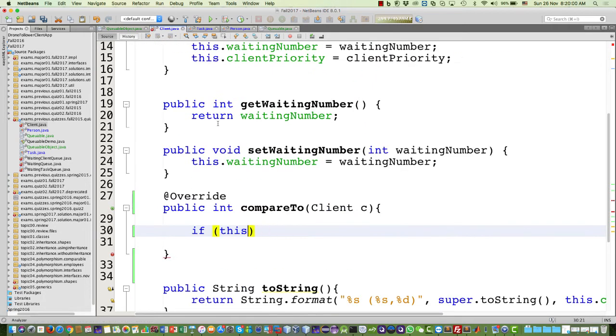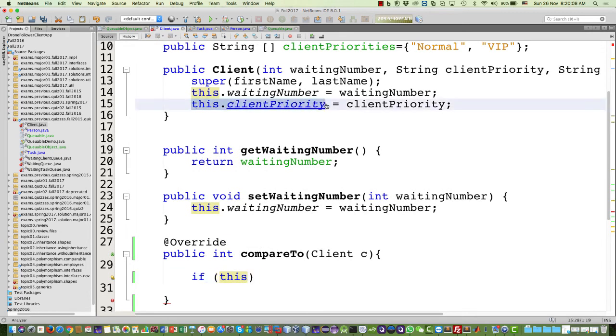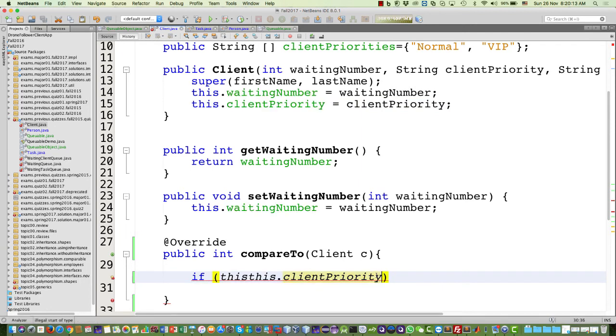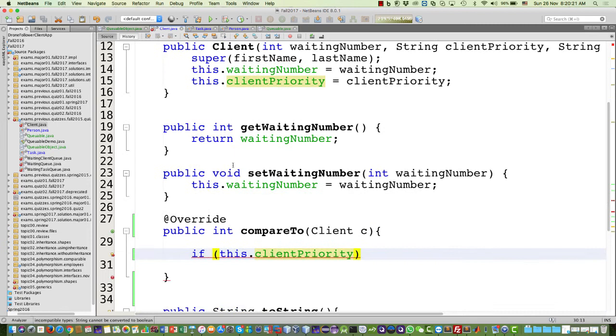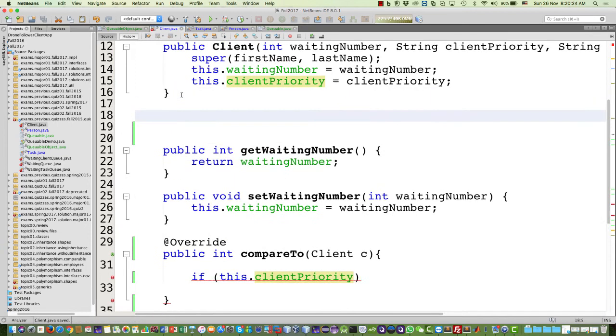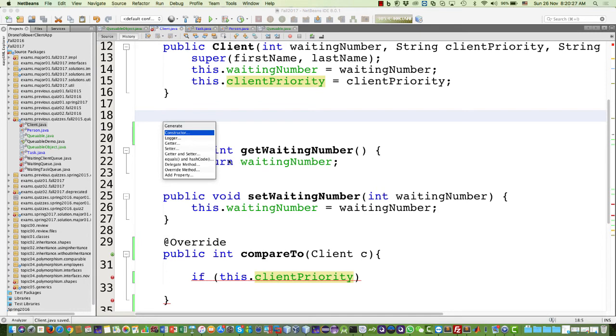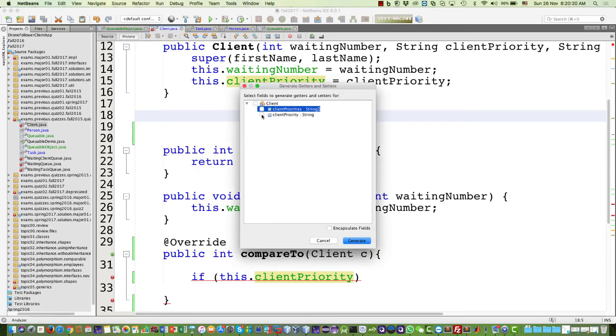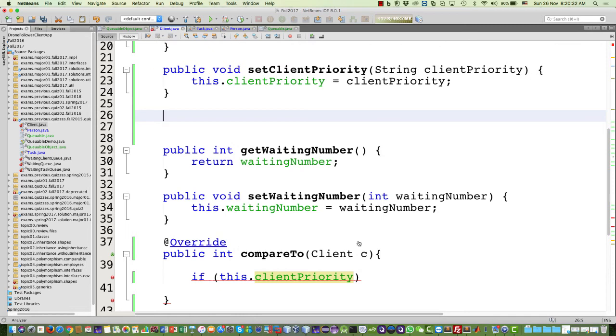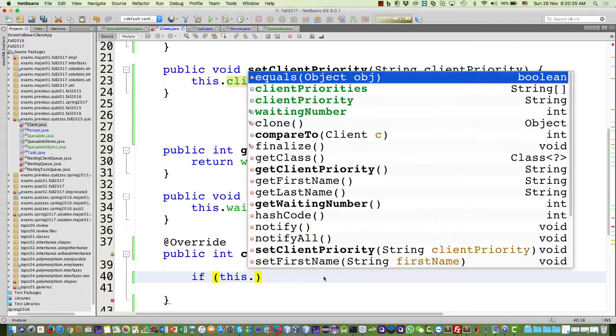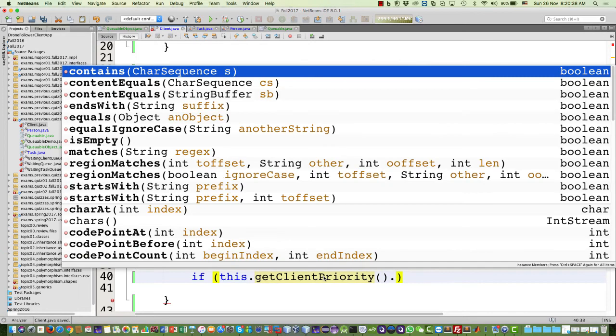Okay, I want to make get and set methods for it. It's not needed, but it's better. Okay, this dot getClientPriority